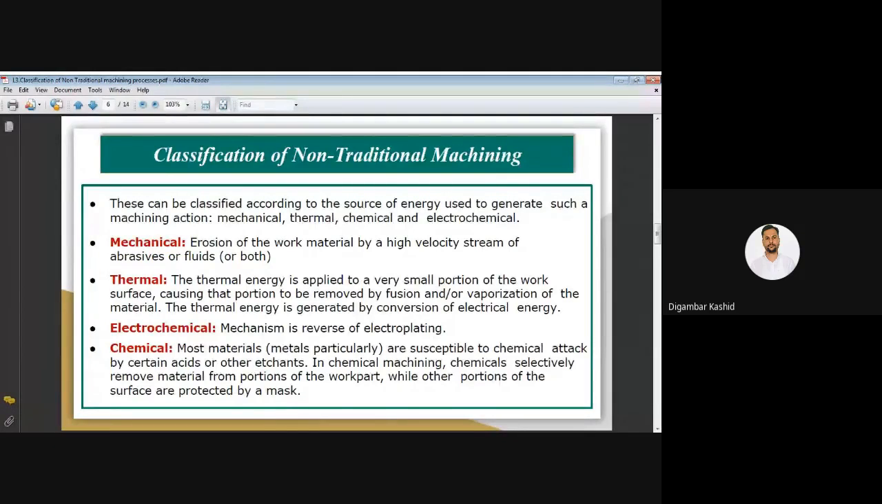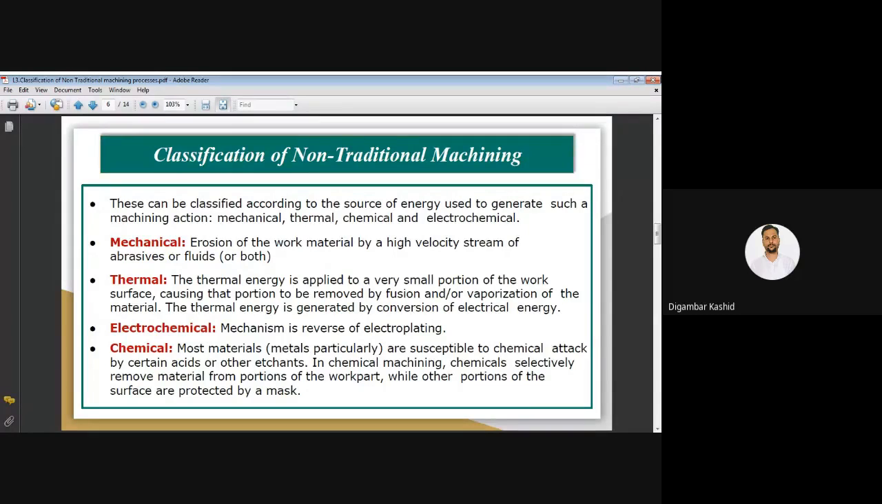Now the source of energy or domain: mechanical energy is there, thermal energy is there, then chemical, electrochemical energy is there, and again there is a biochemical also. But as per our syllabus, we should concentrate on mechanical, thermal, chemical, and electrochemical only. Now if you take the mechanical energy based processes,